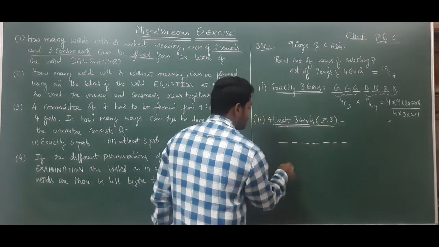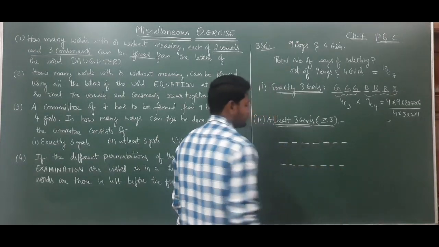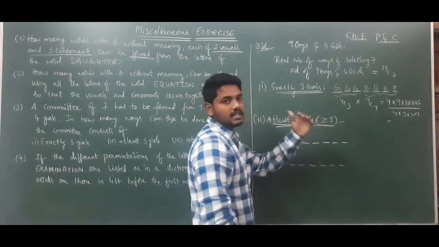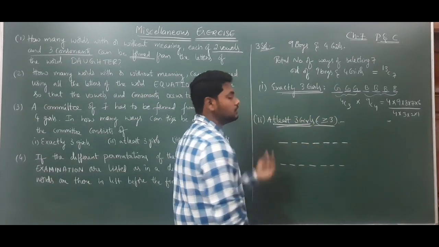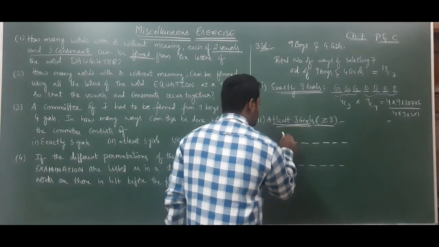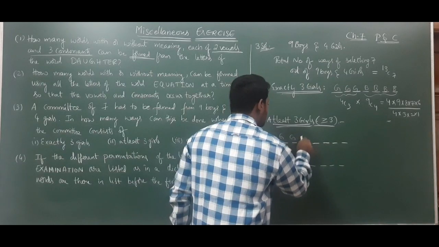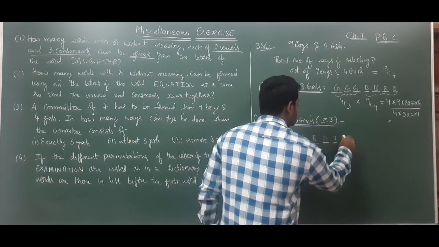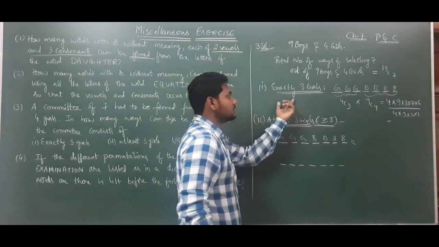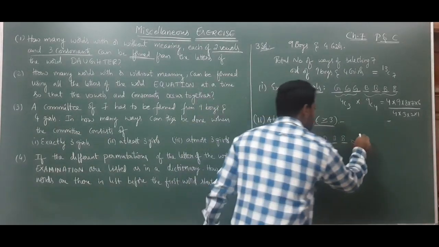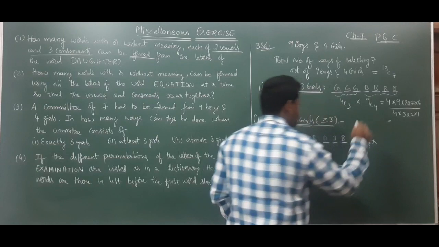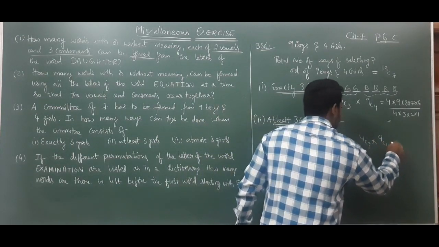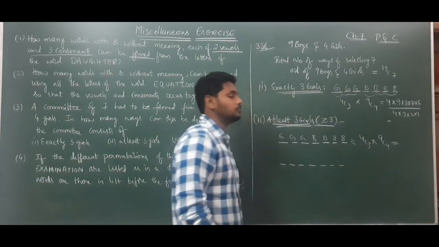So this is 7: 1, 2, 3, 4, 5, 6, 7. When greater than or equal to 3, see, first we will take the equal to 3 case. In the equal to 3 girls case, only 3 girls should be there. Remaining should be boys. So 3 girls we can select in 4C3 ways into 4 boys we can select in 9C4 ways. So simplify this, you will get a numerical.